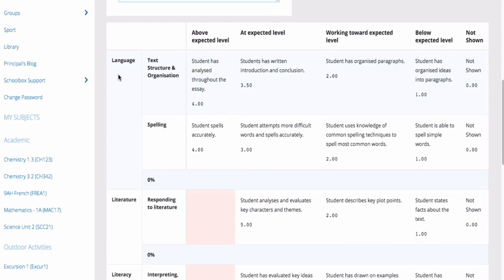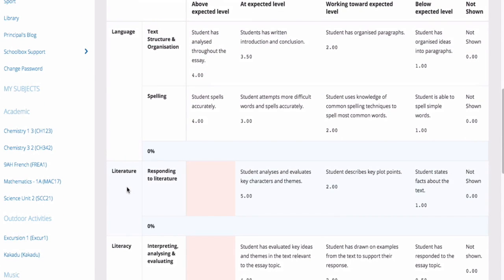In this rubric, I have named the capabilities Language, Literature, and Literacy. It's important to note that while we have called these sections capabilities in Schoolbox, your school might have a different name, such as Group. You can choose to have subtotals for each capability. So if you're an IB school, you can have each capability within an assessment task marked against